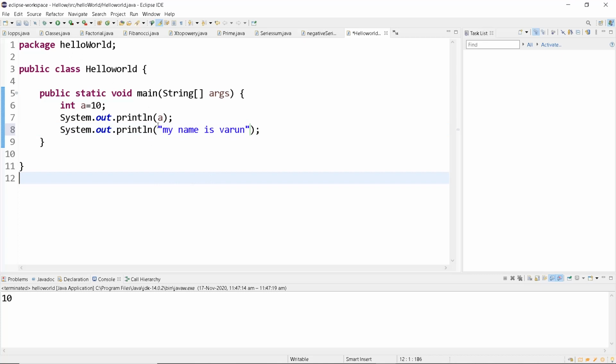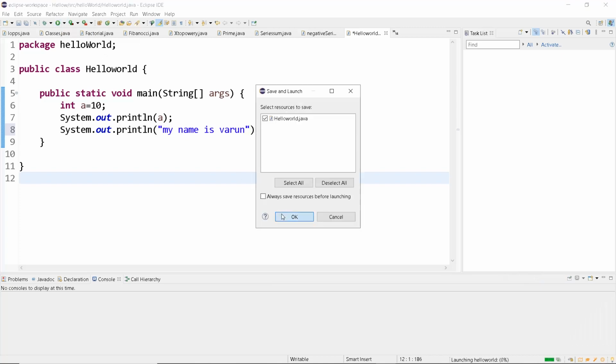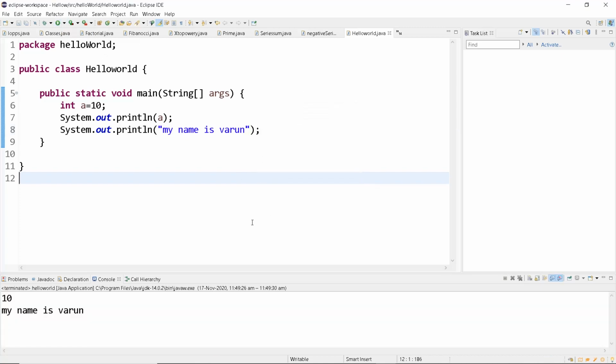But in order to print out a variable, see what happens here: we mentioned println a, so it will print out whatever is stored inside a. So the number 10 is stored inside a, so the number 10 is printed here. Now in order to print this string, we have used double quotes. Now let's see what happens. Here it is printed, my name is Varun and 10.